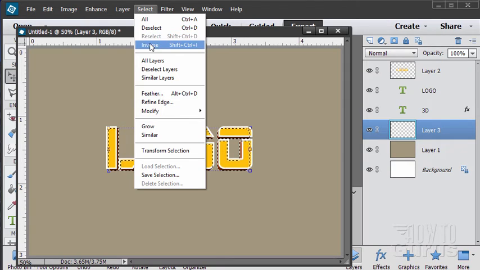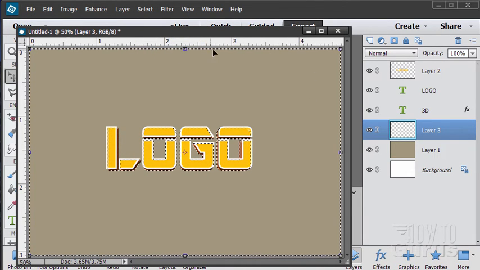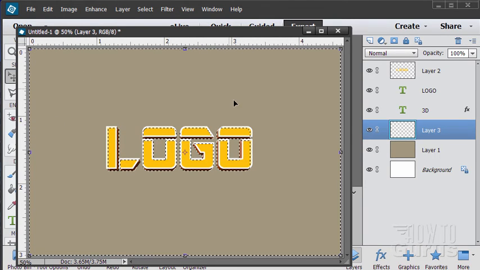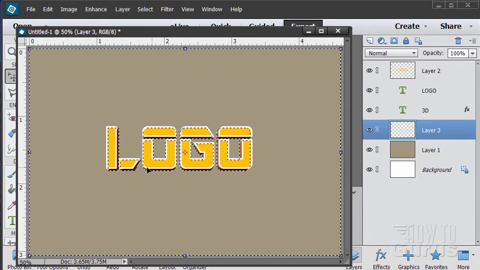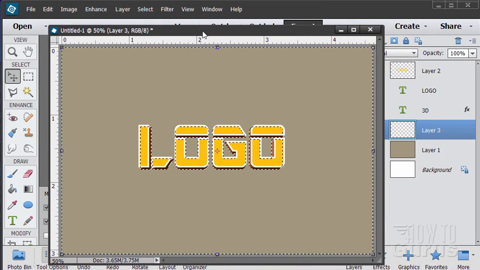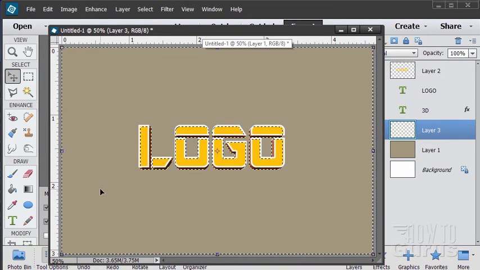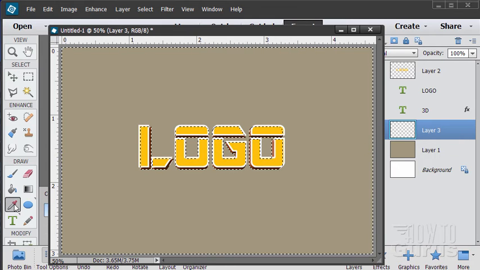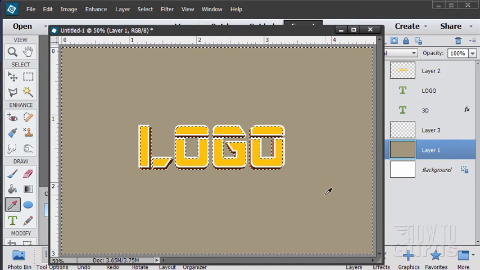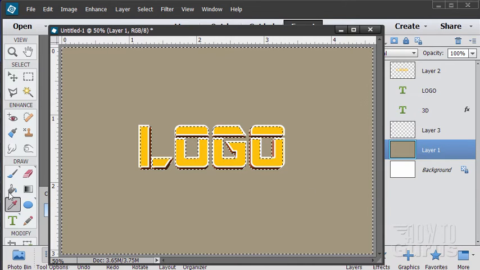Select, inverse, and when you see the lines outside there, that lets you know the outside has been selected. Okay, now we want to put in a little bit of our drop shadow effect in there. I want to have the same color as the wall, just darker. So I'm going to use the eyedropper tool. And let's go to this layer, select that, just click in there anywhere. That should set that color